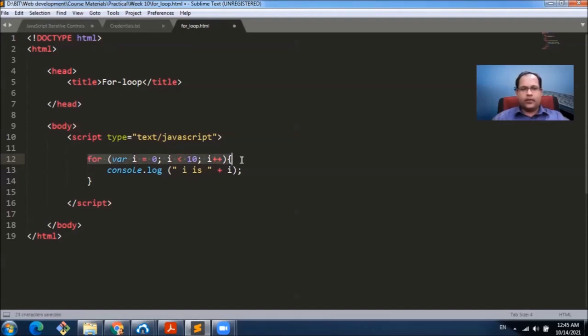We have a for loop with variable I initiated with 0 and with the condition where I is less than 10 and incrementing I here. And then we have this console log section where we write a log into the browser's console section. "I is" plus I. That means it concatenates this I's value with this string.